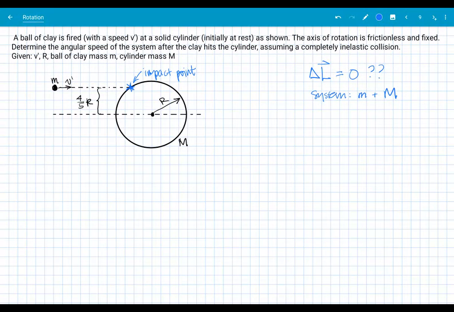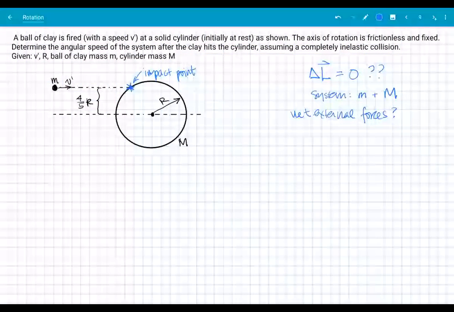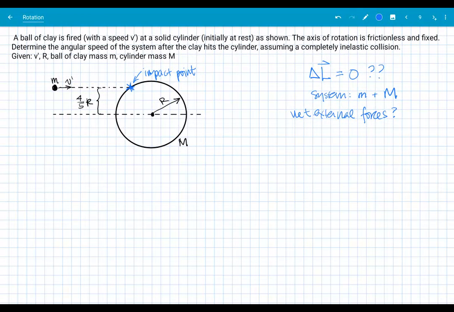So that's our system. The next question is, can we say that there are no external forces? So we want to stop and say, what are my external forces? If there are any net external forces to this system, then we know we can't use conservation of momentum, or we can't say the change in momentum is 0, because remember, this is the original formulation of Newton's second law, the sum of forces is equal to the change in